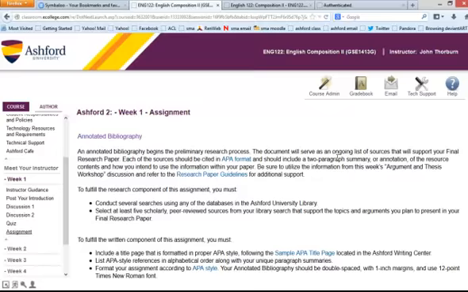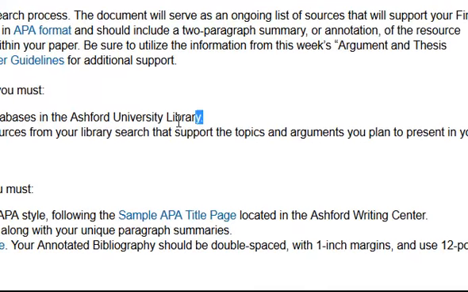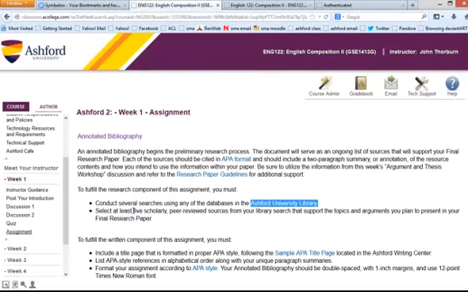So what you need to do is search for articles in the Ashford University Library that you think might provide information for you in writing your paper. You need to find at least 5 scholarly, peer-reviewed sources from your library search.